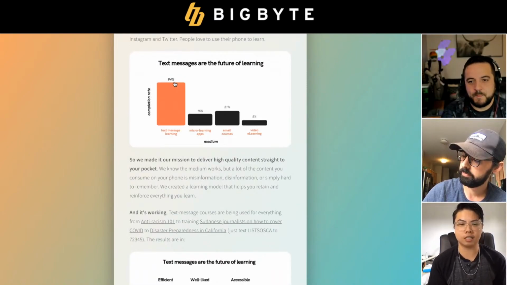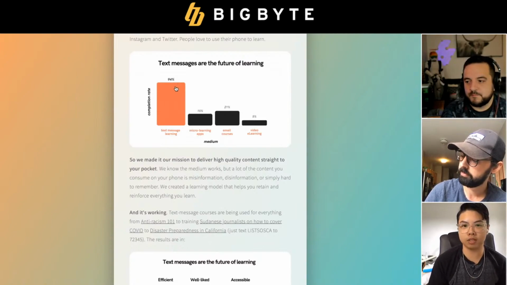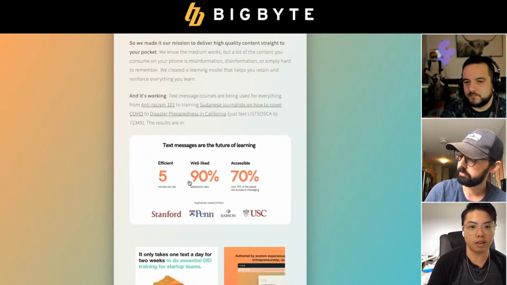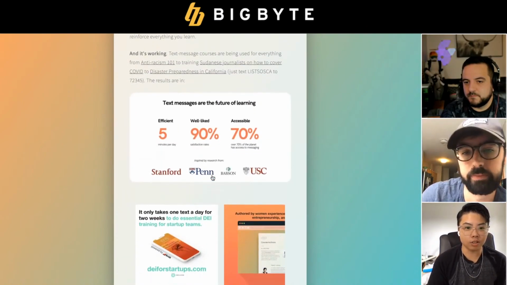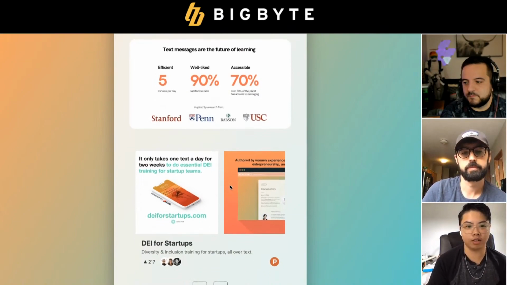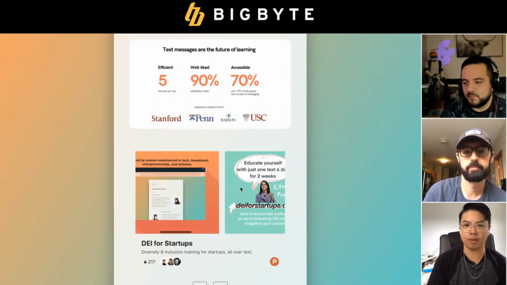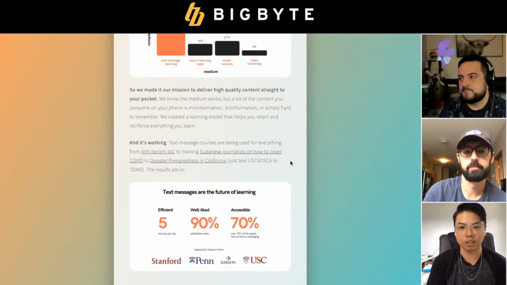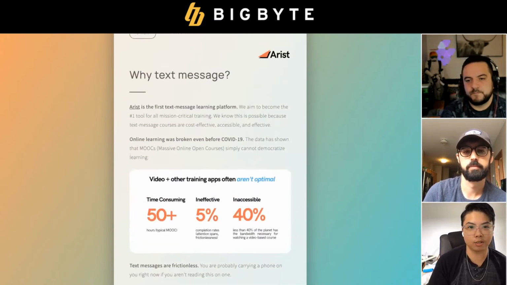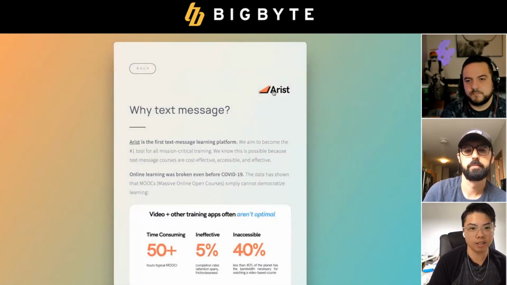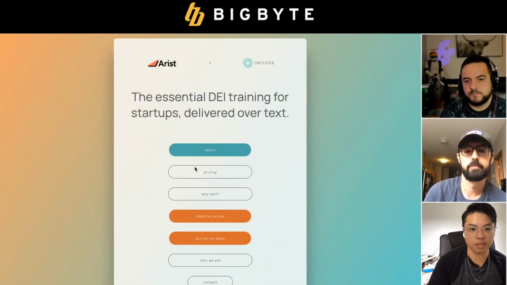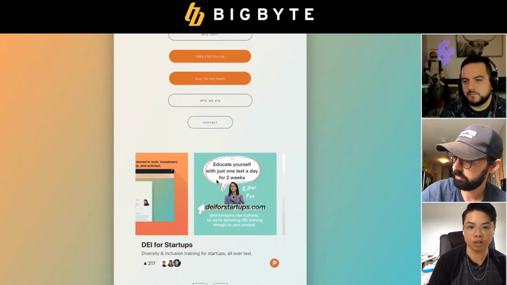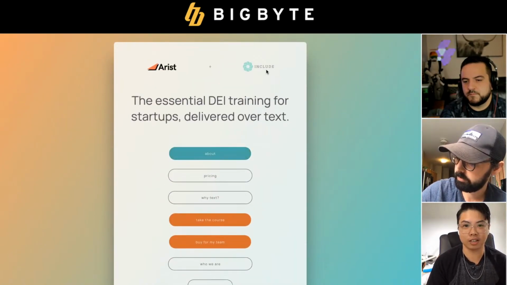Users already are consuming a lot of information. On Twitter, Facebook, we're already seeing these types of infographics. So we're already primed to be learning from our phones, even if we don't think about it as going through a course. And they really see this as the future of learning. And so this is just a frictionless way to get started on any type of course or timed interval training that you want to do. And of course, it's put on by this company called Arist. So they have this platform that you can use to build your own text messaging